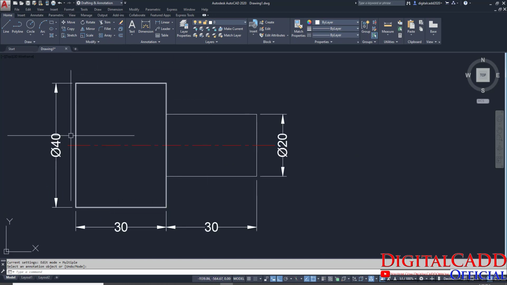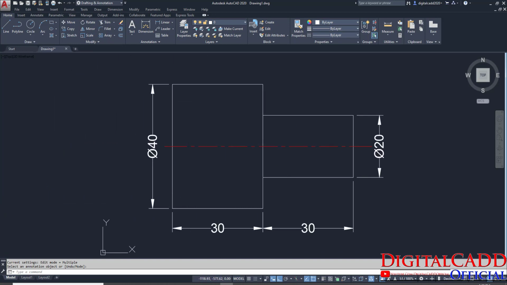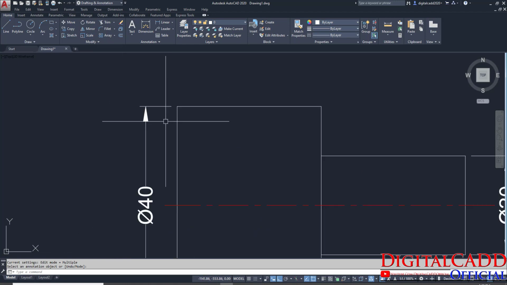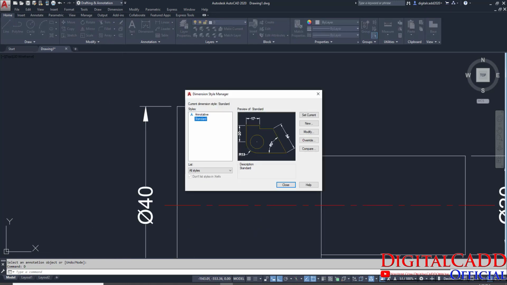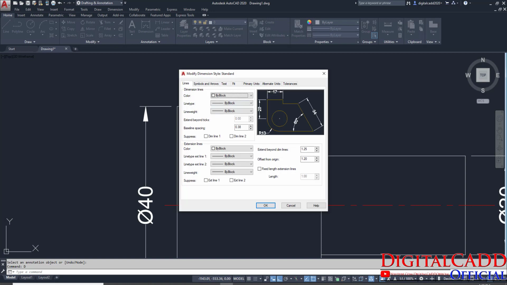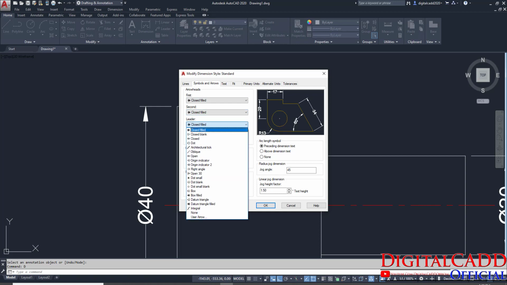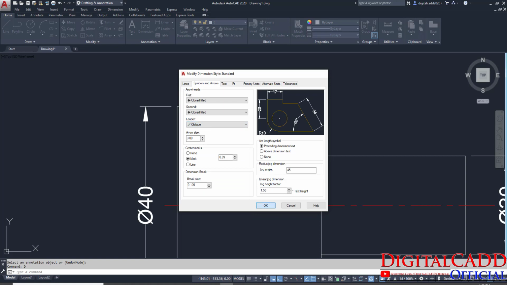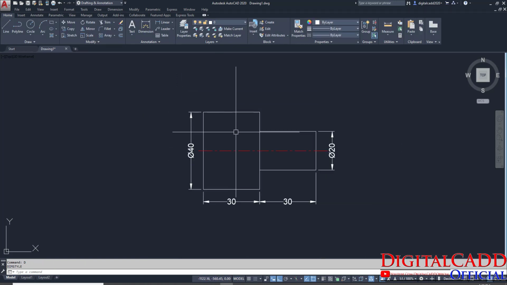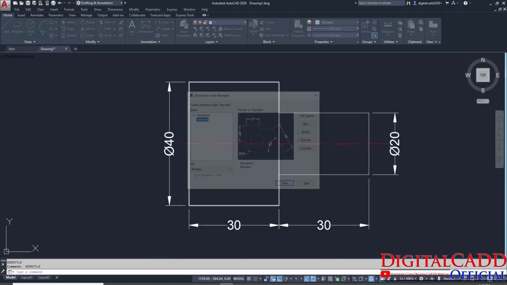You can see here everything is neat and clean. Suppose you want to change the arrow type, then press D enter, go to modify and symbols and arrows, and here we have the leaders or second, whatever you can see. If you want to change it to, say, oblique, then see, then close it.